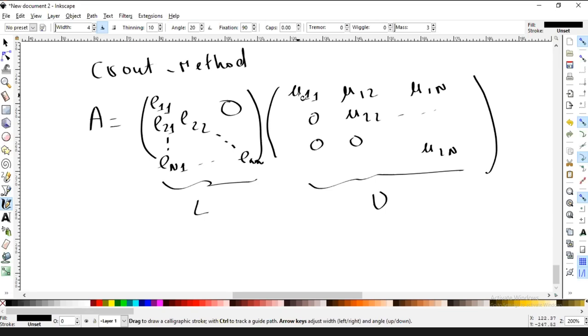So in order to define the matrices in a unique way, one of the methods consists of putting 1 on the diagonal of U. You can also put 1 on the diagonal of L. So the crude method